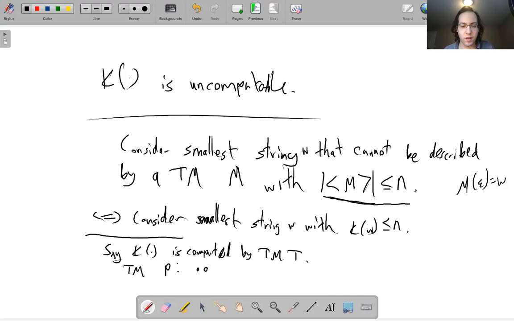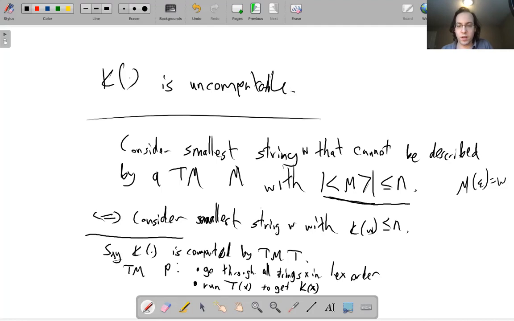It goes through all strings in lexicographic order, and for all strings x, runs T of x to get K of x. So this is like step 2. And then